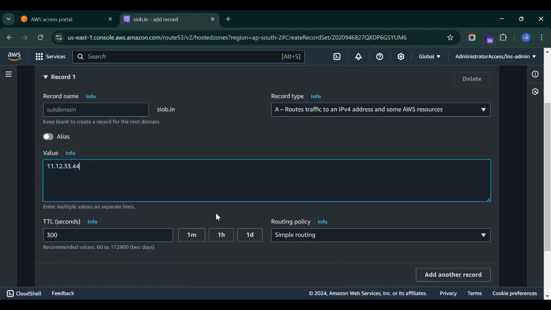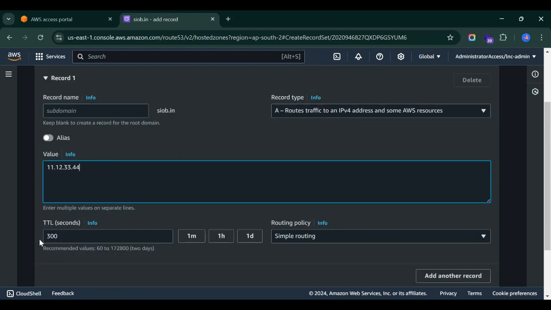Okay. So TTL, we are also going to see TTL. So TTL is used to cache the DNS records. Okay, so it's time to live. So based on the TTL seconds you provide, the record will be cached in the client devices. Okay, so if you put 300 seconds, that value, right, the value 11.22.33.44 for siob.in will be cached for 300 seconds. Even if you change the IP before the 300 seconds, right,